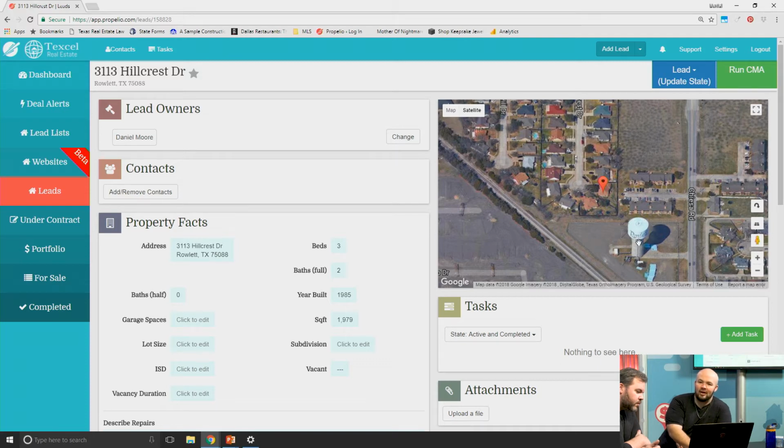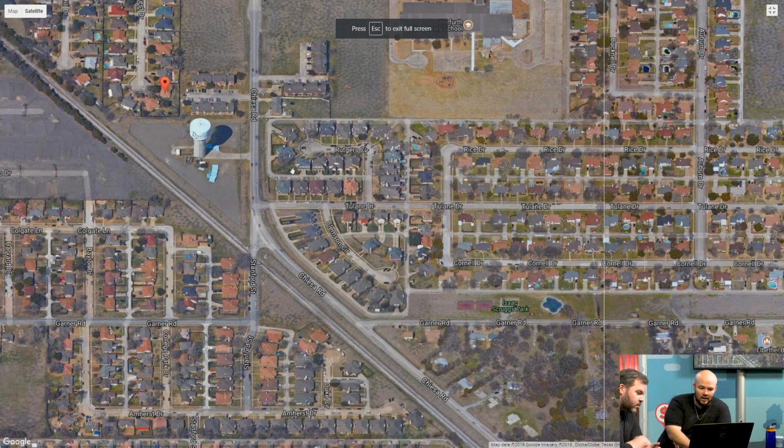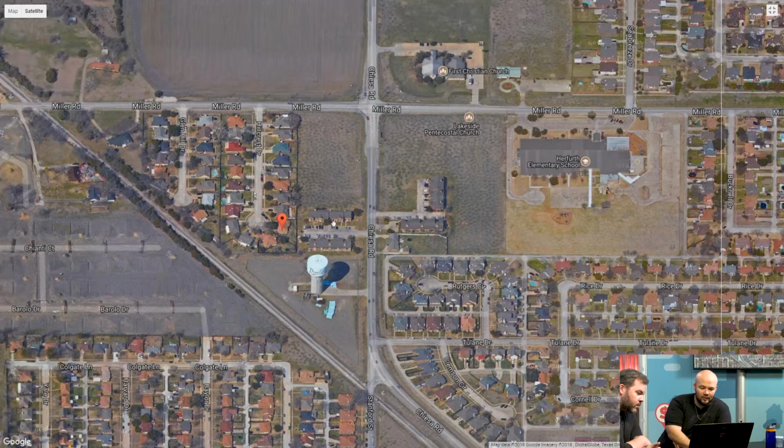But one thing that I do know is you see this right here? It might be hard for y'all to see on the screen, but directly behind that property is an apartment complex. Let me zoom out, make that a little bigger for you. I've got an apartment complex right here. Now this is the subject property over here, but what you can't tell from the satellite view is right here behind the house is where the apartment complex keeps their dumpsters. So it gets a little stinky in the backyard.